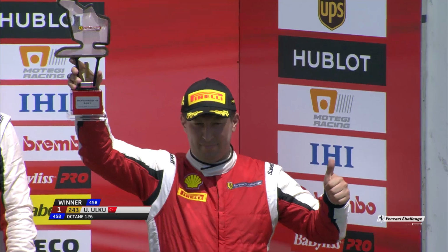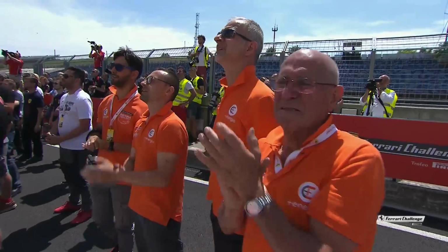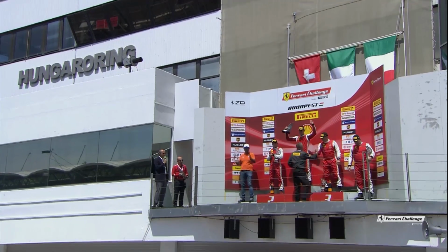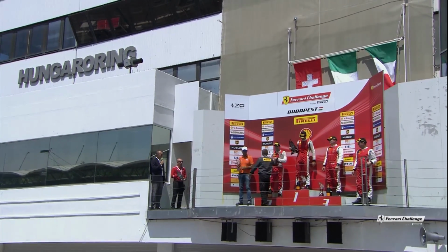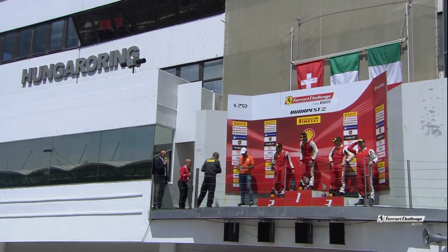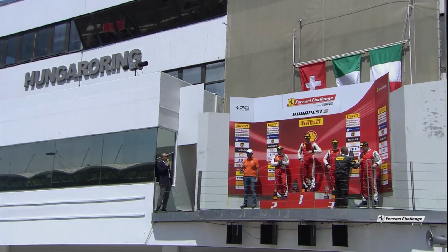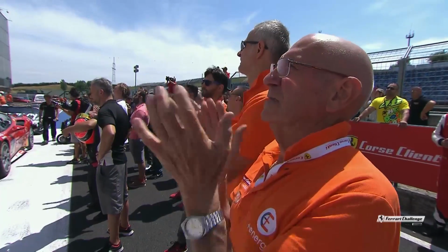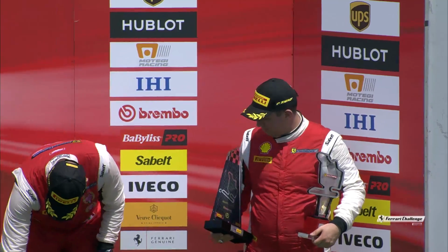Great stuff. So the drivers will all get together on the top step of the podium. Well, they'll try and squeeze together on the top step of the podium. I'm not sure that's going to be completely possible. Teo Meyer there making the trophy presentation for Pirelli as well. And one to go, of course, to the 458 also. So they will all gather together now on the podium for the photographs, and then it's time for the champagne to be sprayed ahead of the